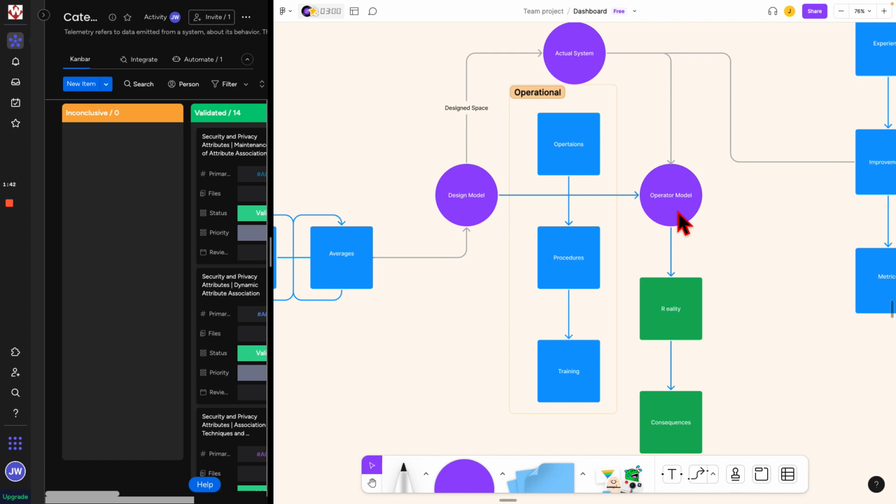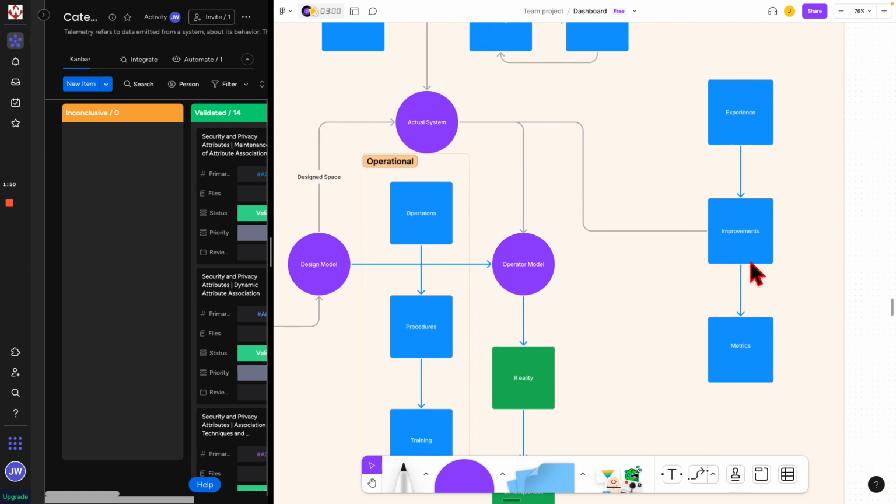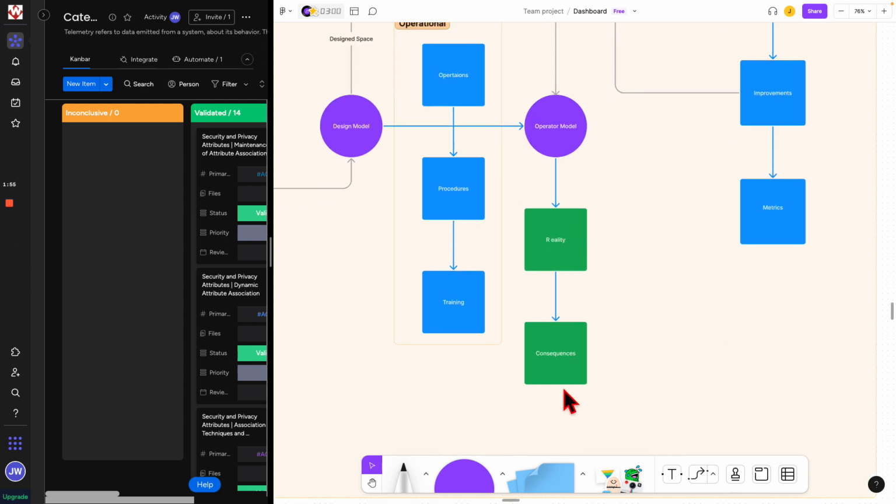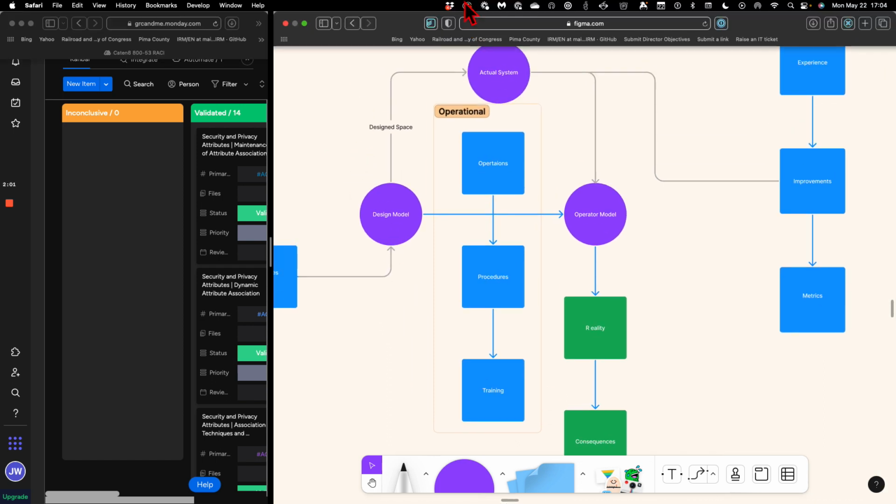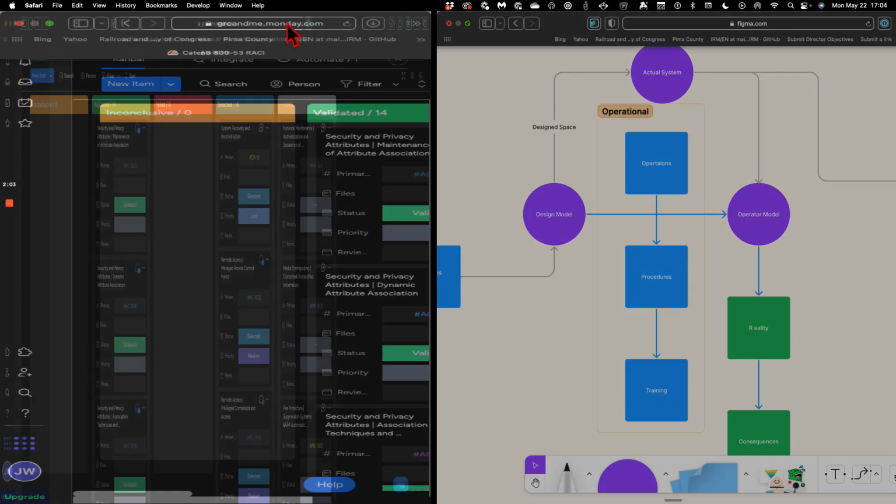And the operator works in a different space than what the designer considered. The operator is impacted by the operations, the procedures, the training, and the experience improvements and metrics that the organization wants, which lets them be in their reality and deal with the consequences that may not have been considered inside the design model. So we're going to go ahead and close this,